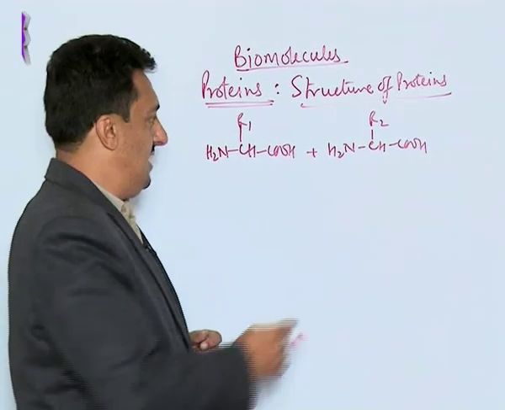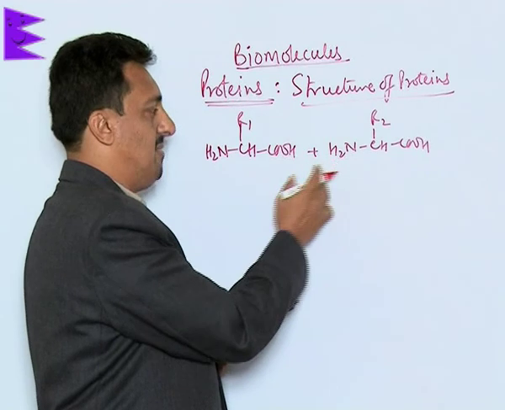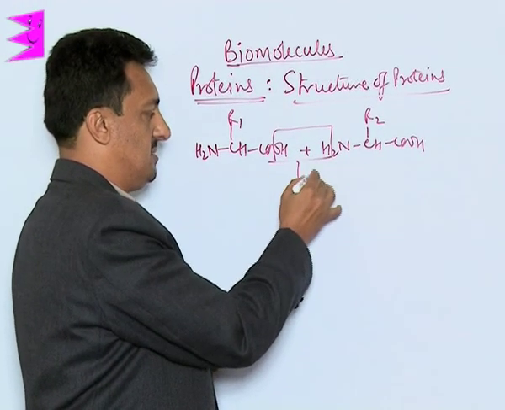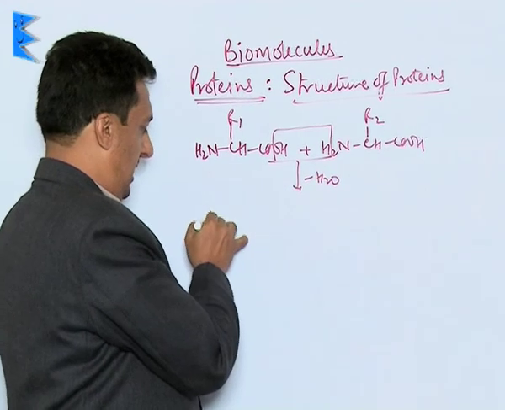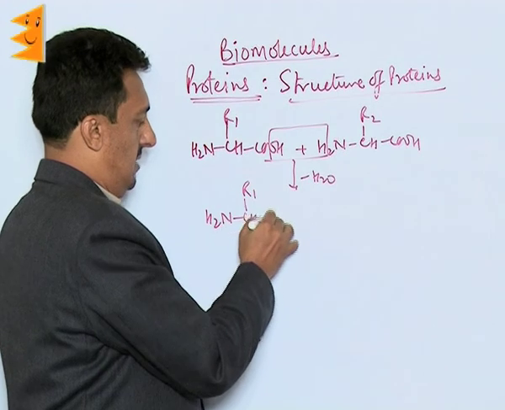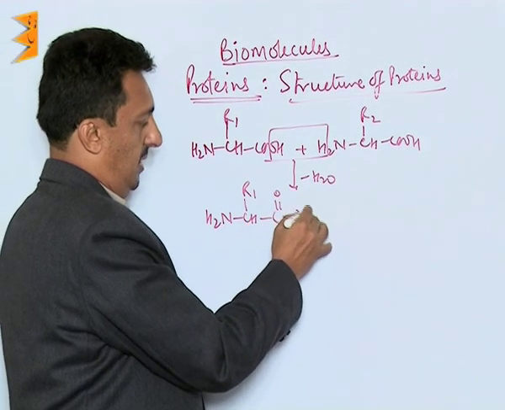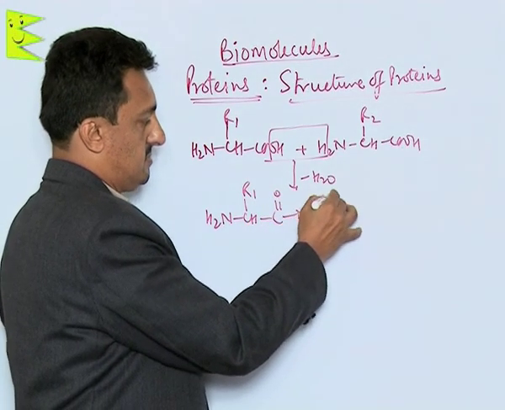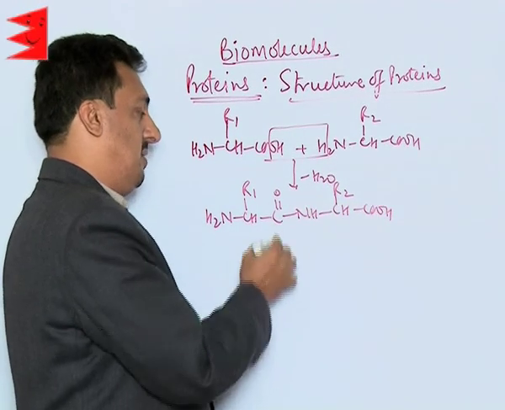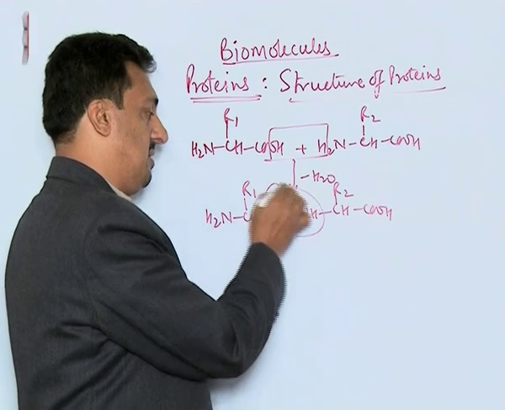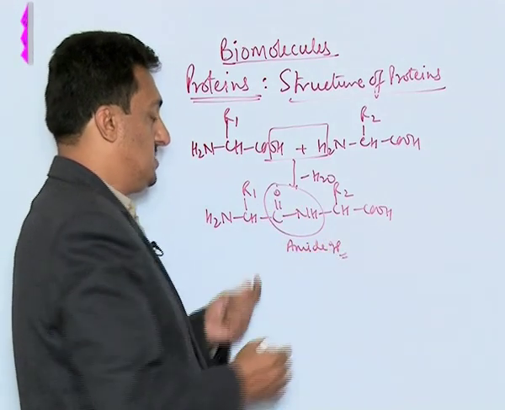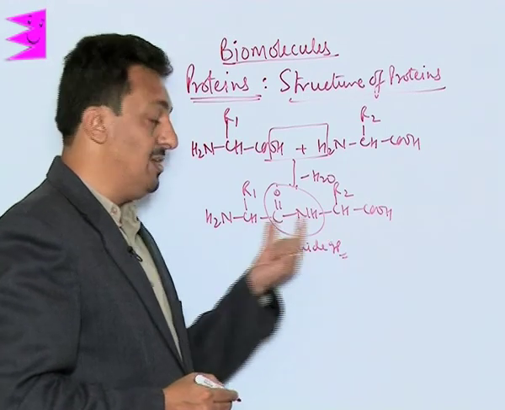Now, when these two different amino acids combine with each other, what happens is, loss of water molecule takes place, minus water. And this is how we get R1 CH NH C double bond O CHR2 COOH, this is the bond. So this amide group, which is responsible for joining the two amino acids, is called